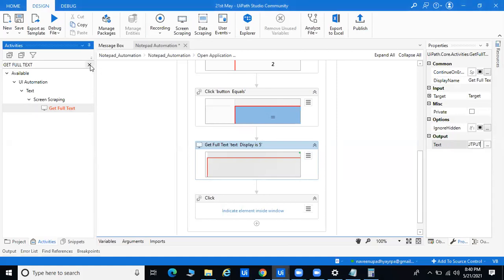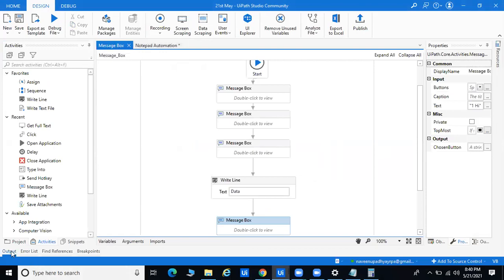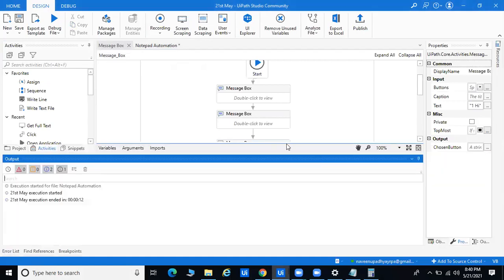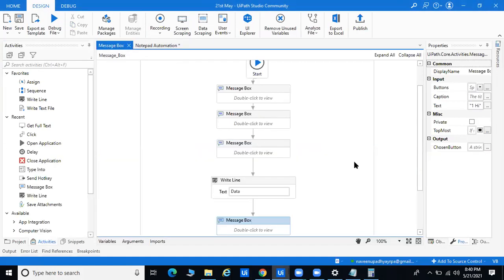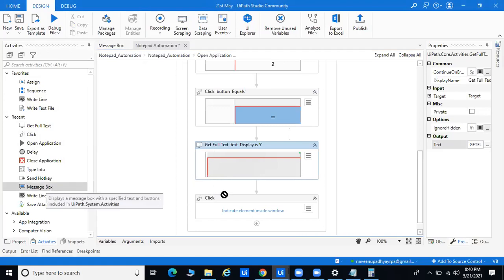And here we are able to display the data in one message box. So if you come to this part, message box in output, we are completing 12 seconds. I can show you this is the output panel. In the message box also, in this notepad, I'll try to show the output part. Here I'll also display the relative message box and we'll show you the write line also. This write line, okay, is especially for displaying data in your output panel.